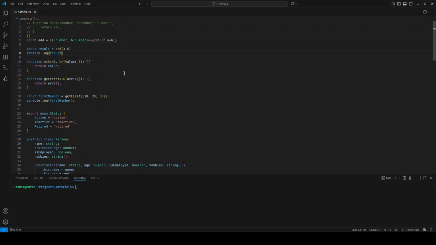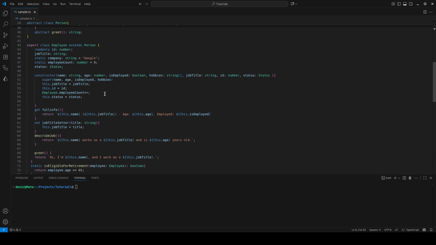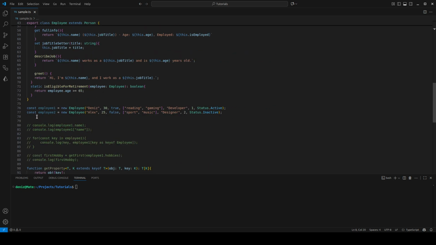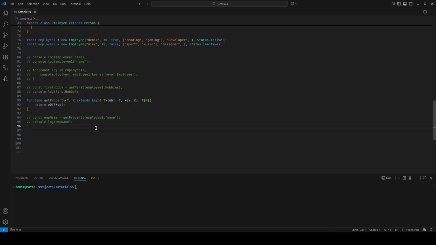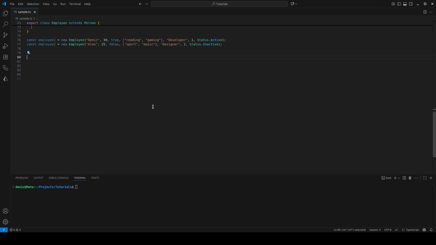Let's create another employees. Let's delete this part. So we have employee one, employee two. Let's create two more employees. Employee three,